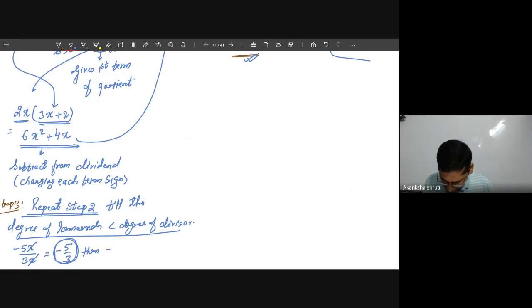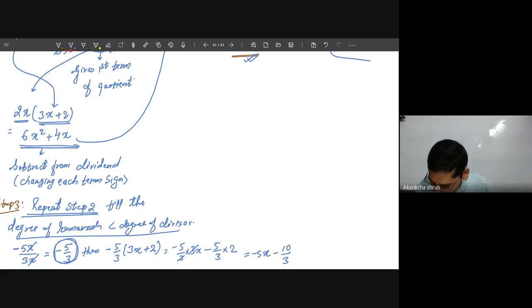Now minus 5 by 3 has been written at the top. Then what is the next? This minus 5 by 3 has to be multiplied with the entire divisor, it is our 3x plus 2. Okay students, this is the step. So you have to simplify, go for distributive. Minus of 5 by 3 into 3x. Again this is plus, so sign will change. Minus 5 by 3 into 2. Getting it students? These 3 and 3 will get cancelled. So the first term becomes minus of 5x. The next one is 5 twos are 10 by 3. Are you getting this?